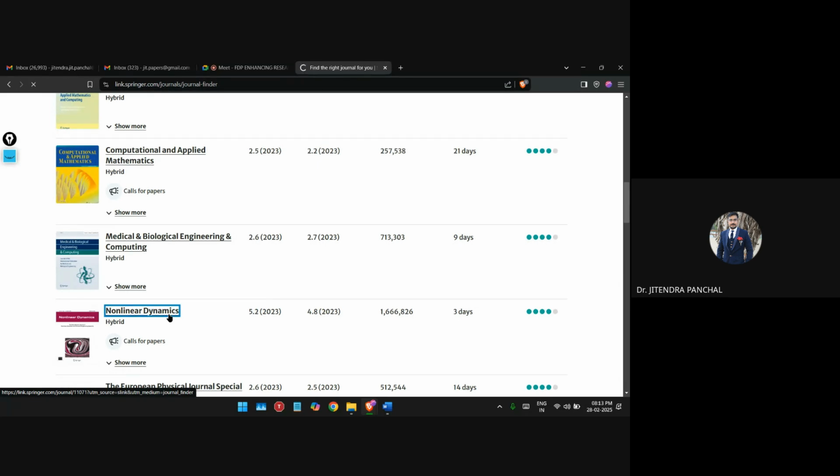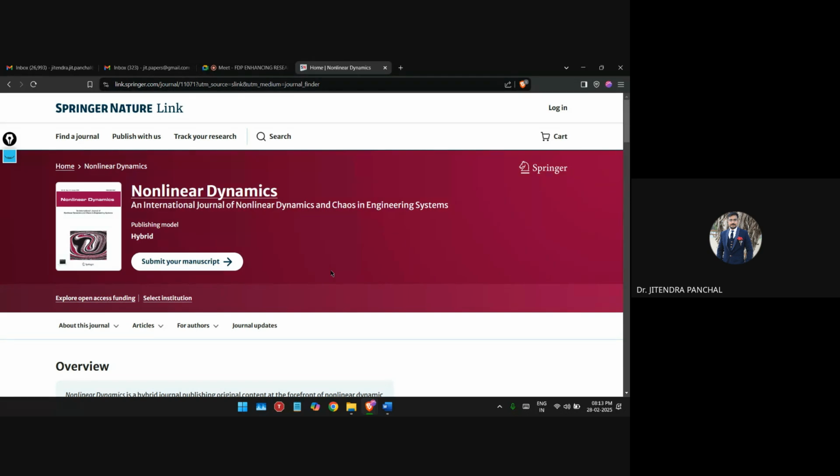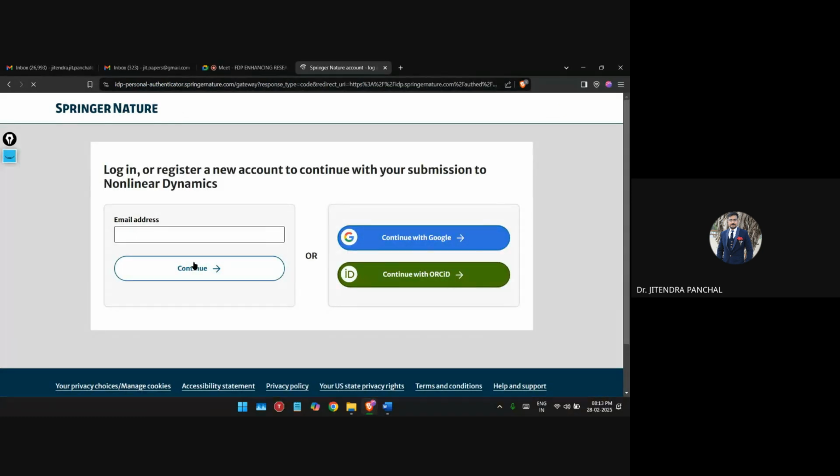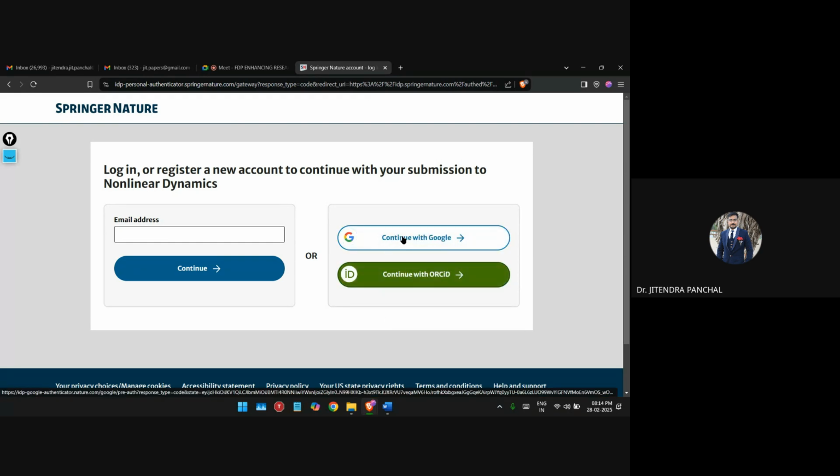Let me select this one. Now I have landed on the journal page, and here you can clearly see Submit your manuscript. Just click on this. When you click on this, you will be redirected to this page. Now there are 3 options. You can use your email ID to submit this research paper, or, on whatever platform you are using right now, if you have signed in to a Google account, then you can directly use that one. And the second one,